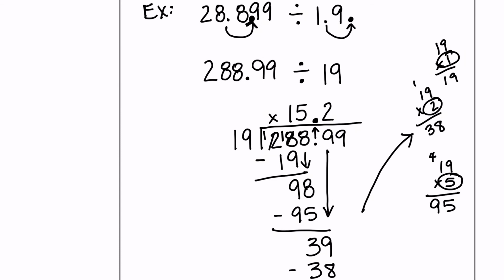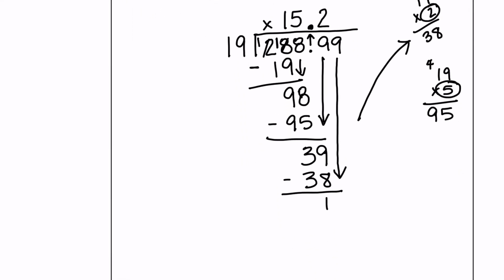So now I'm going to subtract. 9 minus 8 is 1. 3 minus 3 is 0. I still have one digit left to bring down. Bring down that 9. Well, now I have 19. When I